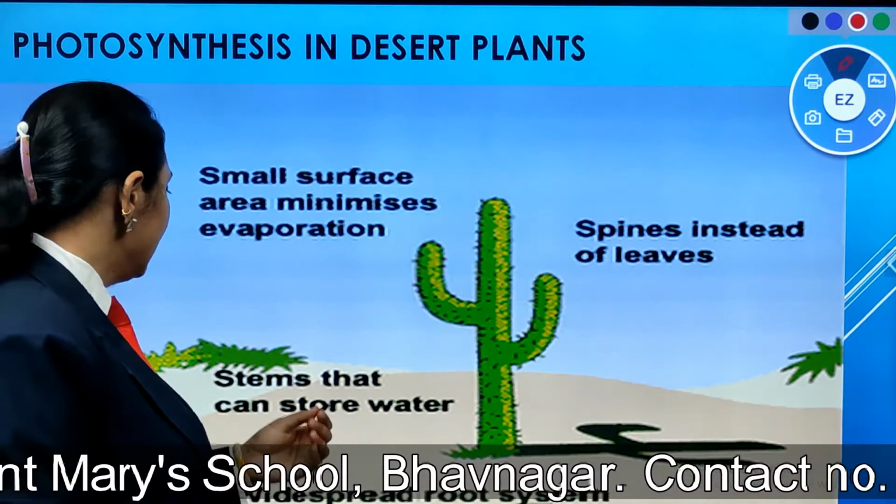Next is how the cactus can withstand with less water. This answer I have given you all before. This is exactly what the roots of the cactus plant look like. They have horizontal roots. You can see over here, these are the horizontal roots. When it rains, it can collect the water immediately. So these extensive roots and horizontal roots play an important role in the conservation of water.